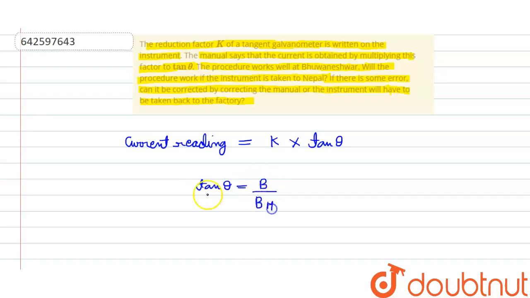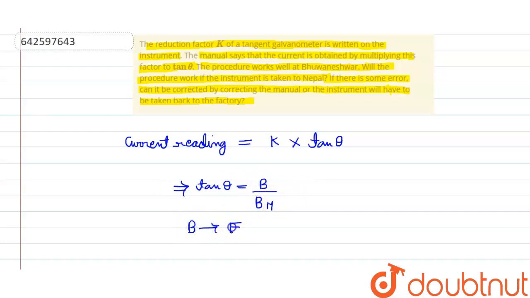We get the current reading by multiplying the reduction factor K with tan theta, where the mathematical expression for tan theta is B divided by BH,